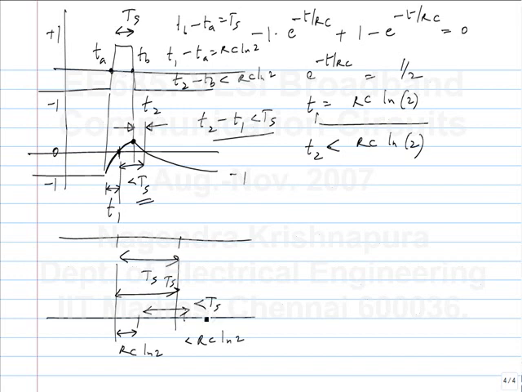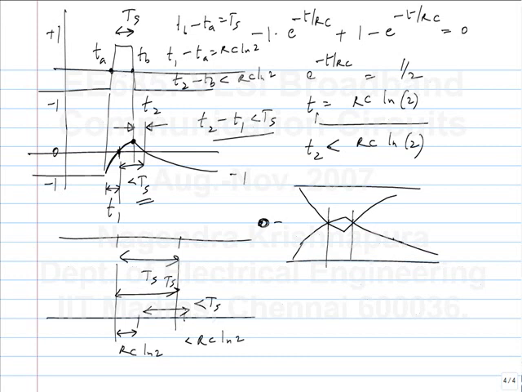Okay. What does it mean? That means that in the eye diagram, you will see something like this. This is the zero line. So some transition like this will be part of the eye diagram, where this is smaller than Ts. How much smaller than Ts it is depends on the value of RC and Ts. That is the time constant of the filter relative to the bit period. So, I think I have just introduced some terminology without showing where we will use it, but at least qualitatively it is clear that